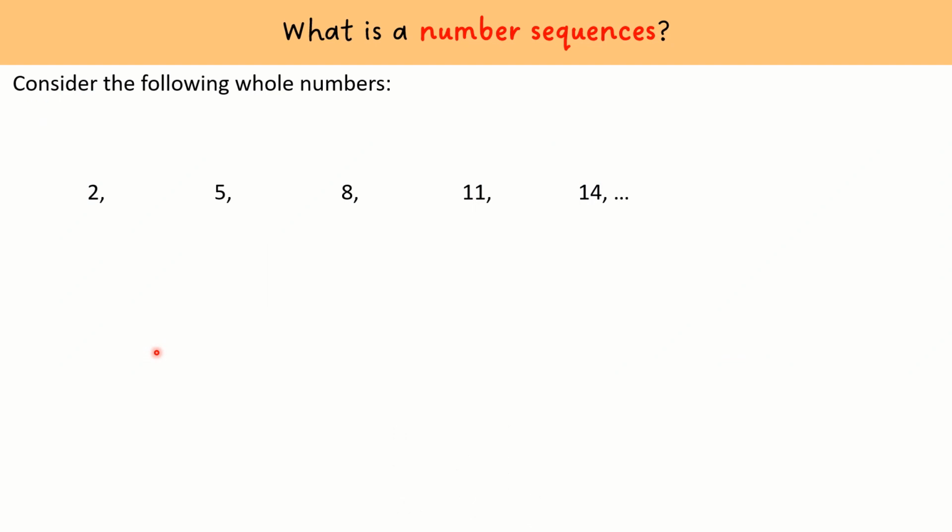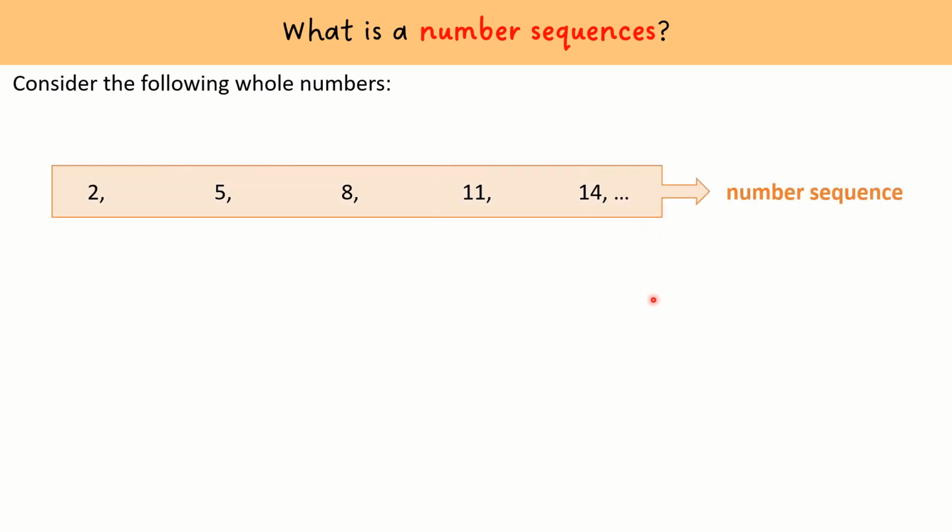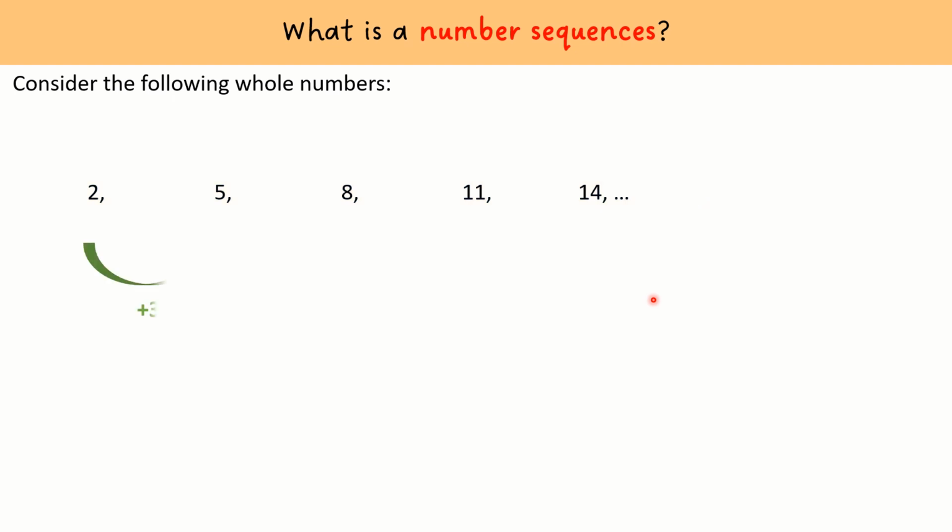Let's first understand what number sequences are. Consider the following whole numbers. We have the numbers 2, 5, 8, 11, and 14. This is what we call a number sequence. In a number sequence, there is usually a pattern going on. And in this particular number sequence itself, there is a pattern of addition of 3 from one term to the